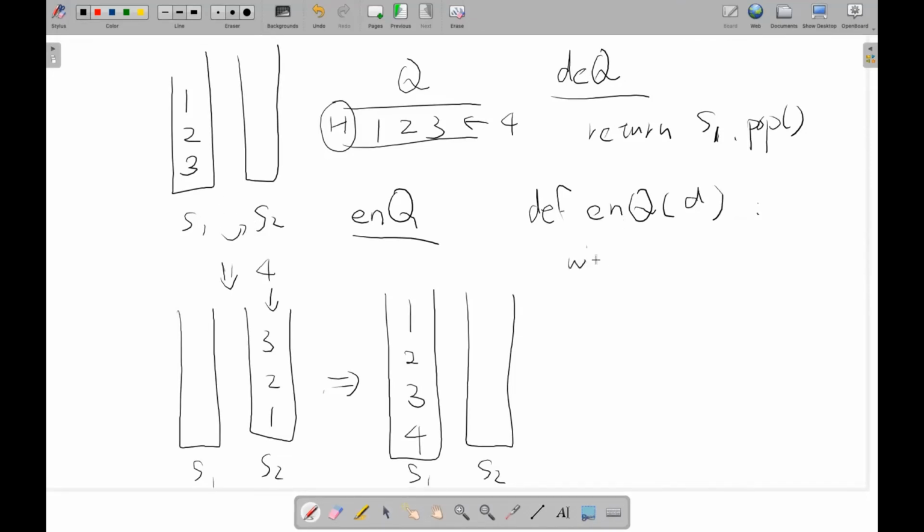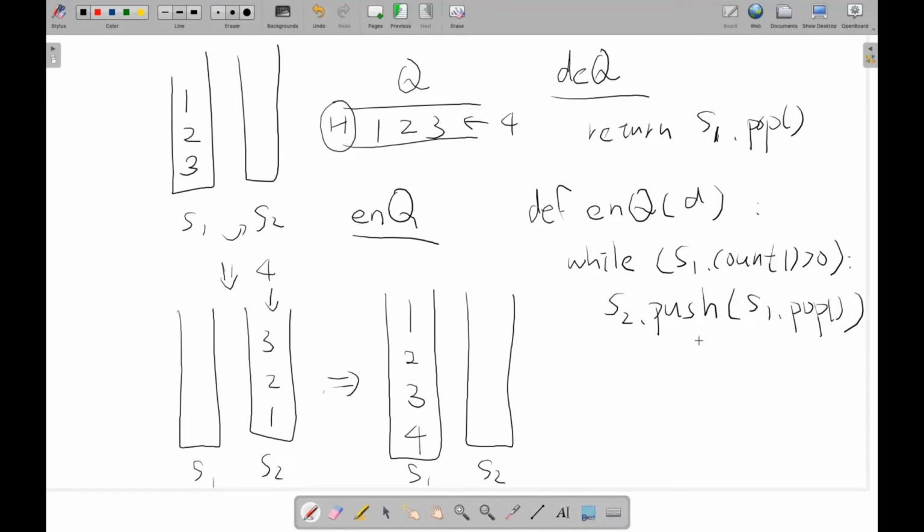which basically means that we can use a while loop: while the count of S1 is greater than 0, what we do is that we're going to push the element into S2 from S1, right? Two coming into one. And of course, if you wish, you can break it down into two steps. You pop the element out, store it somewhere, and then just push that element into S2. That's also fine, right? But over here, we just pop the element from S1 and immediately push it to S2, right? So this corresponds to step number one over here,